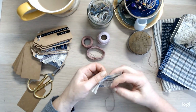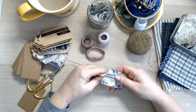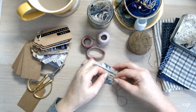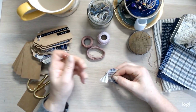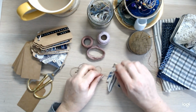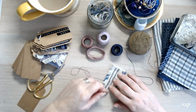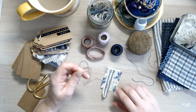I think it's one of those stitches as well that once you learn about them, you become a little bit obsessed with them. Well, I do anyway. I think as well, even though I'm using a pink, I think what I might do is use the pinks for the French knots and the pistil stitch, and then I might use a blue. Got a dark blue somewhere. Yeah, a bit of a contrast. I think I might have a bit of a dark blue on there as well. So I'm going to do my knots all the way up, and then I'm going to play around with the